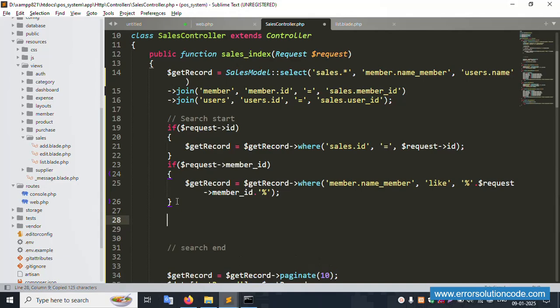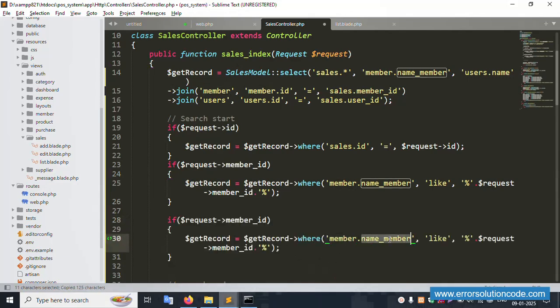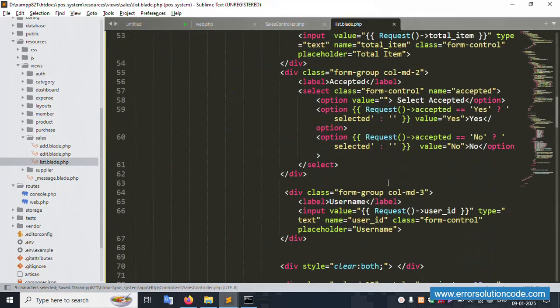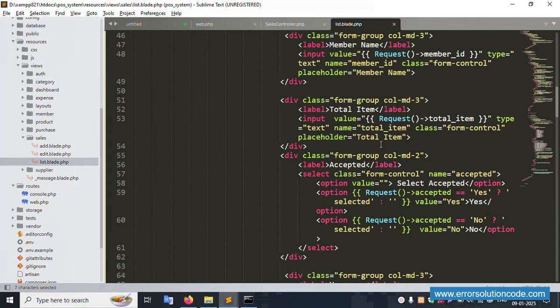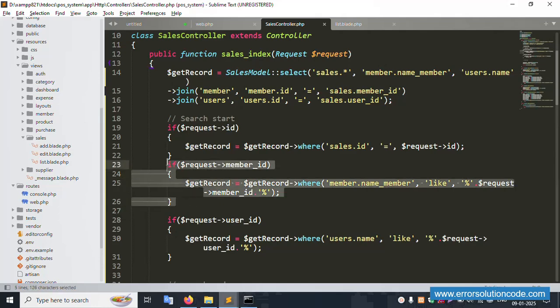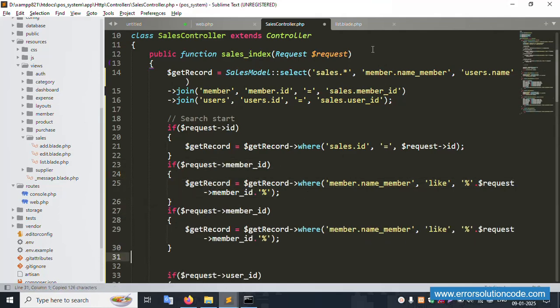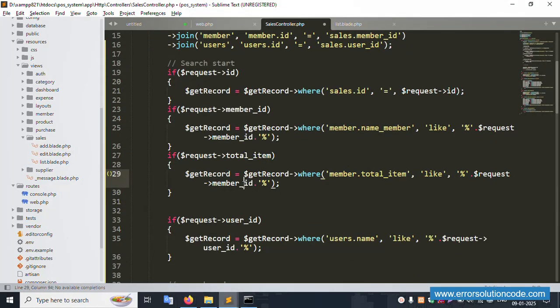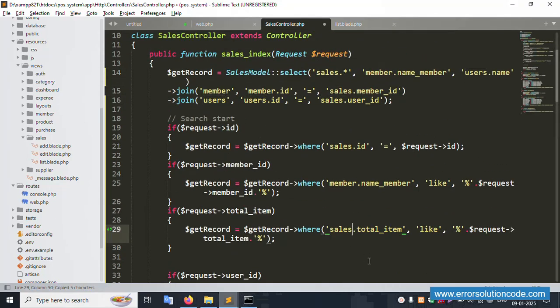Same here, copy and paste inside the same here, paste here, and this is a username, user inside this is available user id, this user id and this user id, and this name is available, this is a user name. All good. This is user id wise, this is successfully set, unless 2 is available. Let's same here copy, paste here, and this name is available, total item, this is a member, this is a name, sales, this is all good,